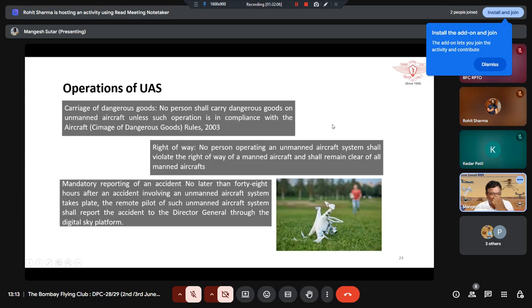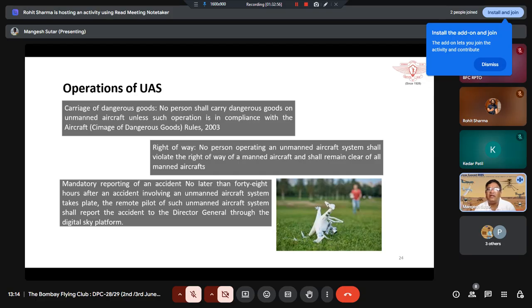Okay, in case of any accident, there is mandatory reporting of the accident no later than 48 hours after an accident involving an unmanned aircraft system takes place. The remote pilot shall report the accident to the Director General through the Digital Sky platform. So on the Digital Sky platform, you can always make an application for your crash or your accident. It is similar to how, if you have a crash with a bike or a car, we go to the police station and record our FIR, right? We make an application that so-and-so accident has happened. You have to apply, because that is important with respect to your insurance also, as well as if there is property damage or any human is damaged,